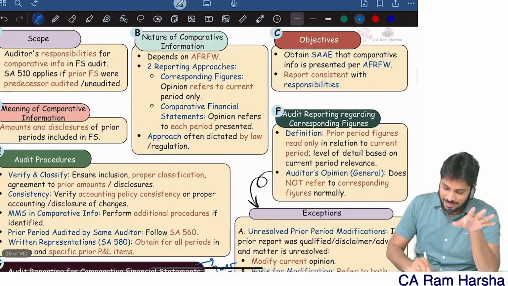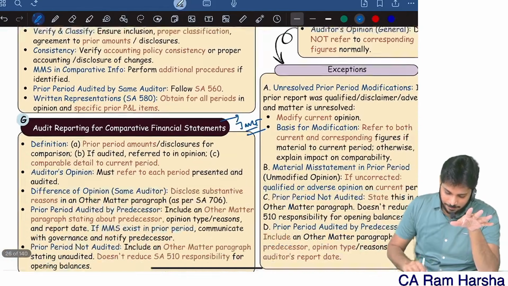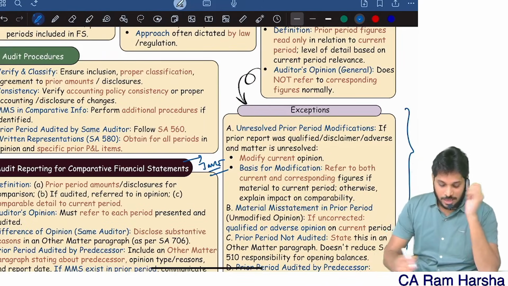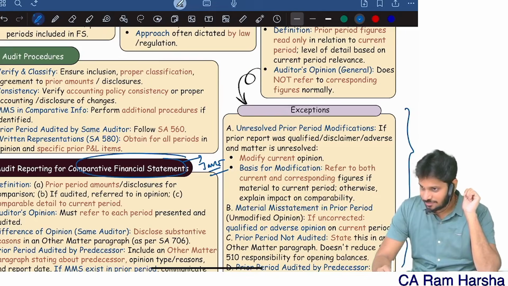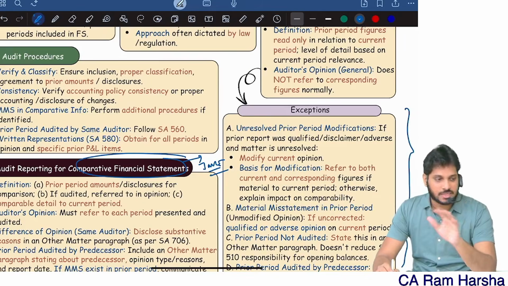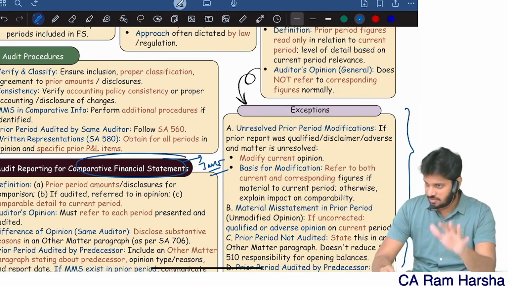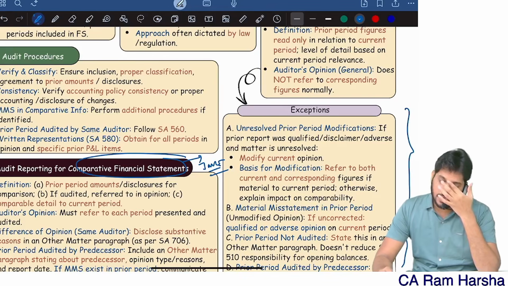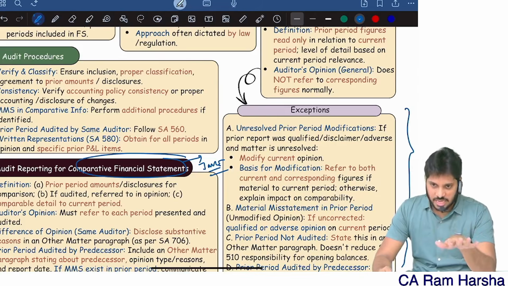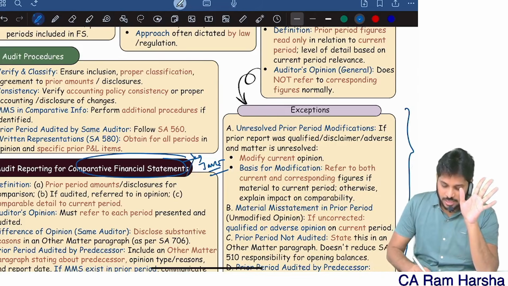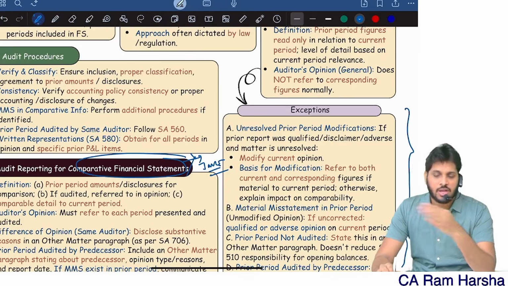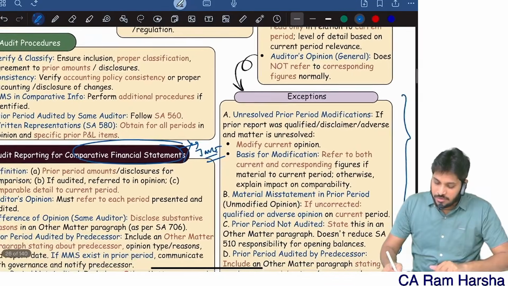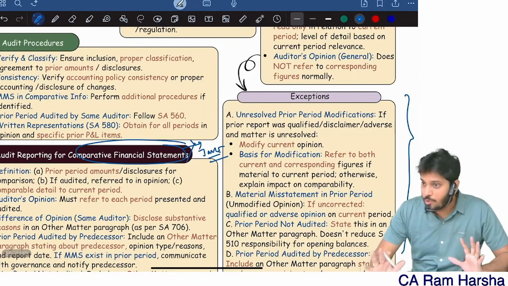The answer they gave is this one. They gave the corresponding figures answer only, because comparative financial statements is not really there. It's a special purpose framework. Technically speaking, there is no framework in India or anywhere in the world where the auditor has to give opinion on all the periods referred to in the financial statements. It is generally happening only in special purpose engagements, special purpose audits. So comparative financial statements is not really practical. Anyhow, we'll be solving the question bank there. I will show you. Now, corresponding figures is what is predominantly important from the exam point of view.